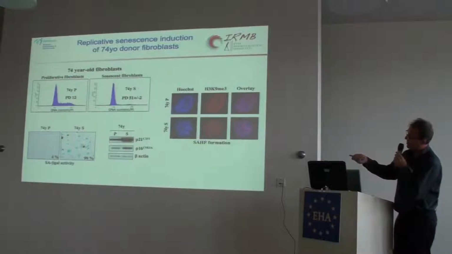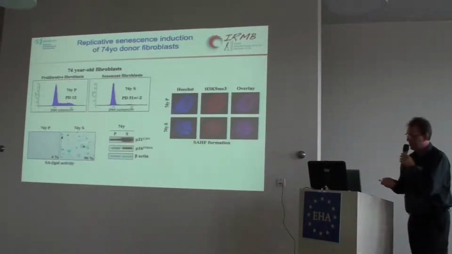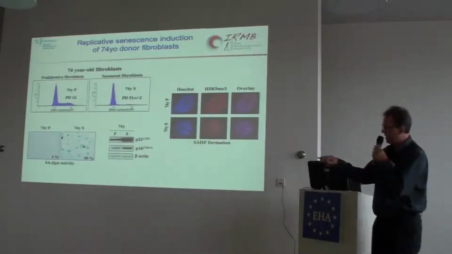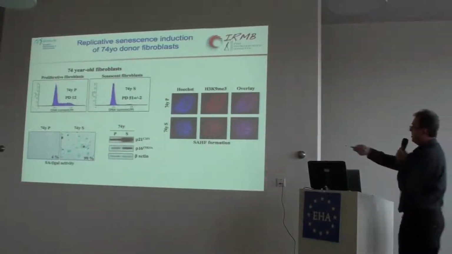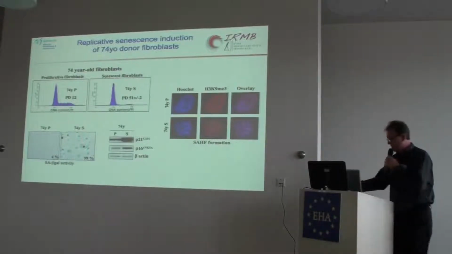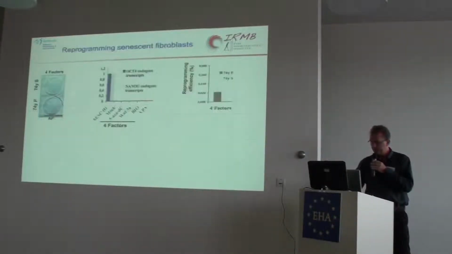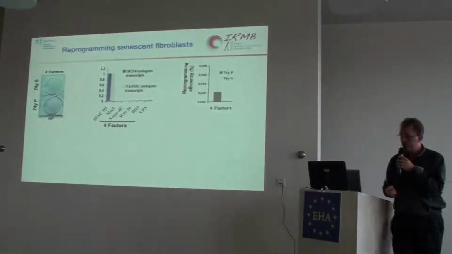We kept the cells in senescence for 2 months to be sure that they were fully senescent, with this senescence-associated beta-galactosidase staining, and also an increase in P16, P21, and the presence of these heterochromatin structures. When we tried to reprogram them,